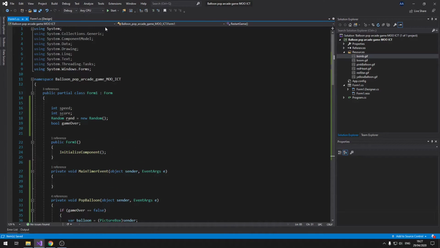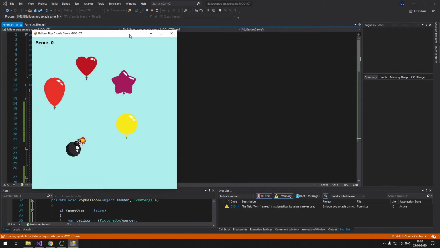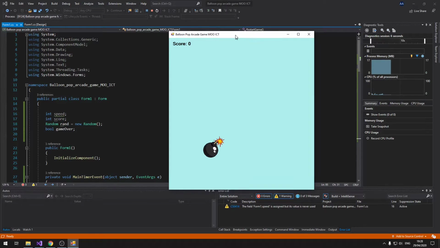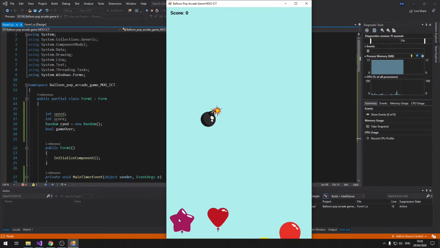Okay, so if I just run this now just to find out if the clicks and stuff work. Because the clicks don't have anything to do with the timer event, we can still try to click on these to see if they actually randomly move out. So as you can see here, once you have clicked on them, they just randomly appear at the bottom of the screen. Okay, so if I click them again,